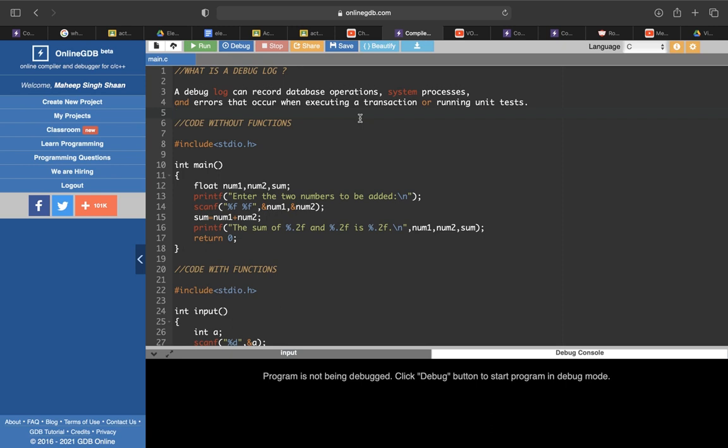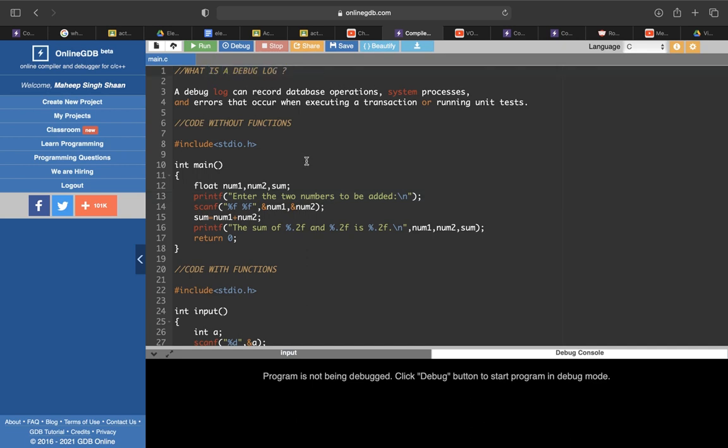Okay, apart from that, suppose there is an error in the code, it shows the error, it tells you that okay, this is the error. If you saw, like previously I forgot to copy paste hash include stdio.h, it showed me so many warnings, right? Okay, now the rest we'll discuss about these warnings later, what is in red, what is in yellow, what is in blue, all that we'll discuss later, but it shows me some warnings. Okay, that is what was happening. Initially I tried to remove this bracket here, and you saw there were so many warnings and the code was not running. So if you try to debug the log, it'll show me those warnings.